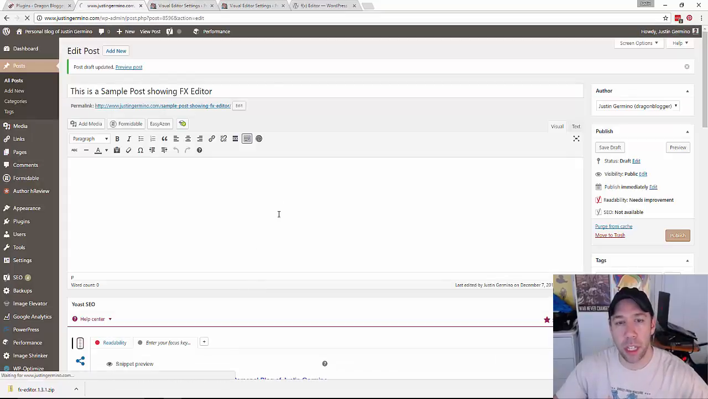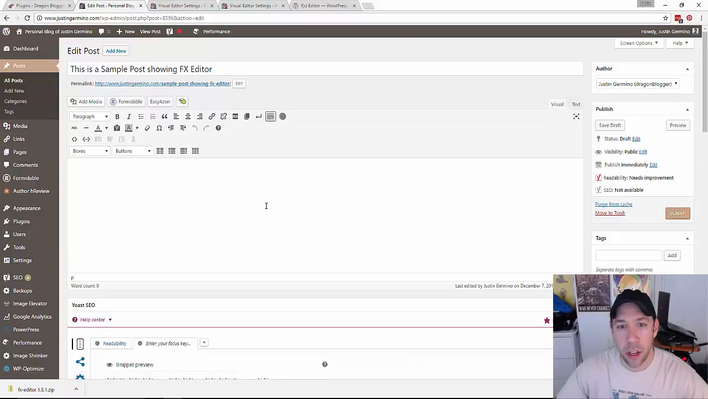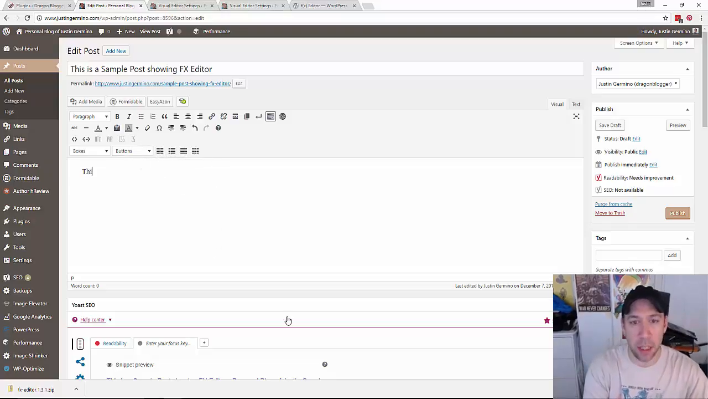Then I'll go up into my sample post here and I'll reload it. And then you'll see the FX Editor plugin adds some new buttons at the bottom of your editor bar. You've got your columns bar, so if I wanted to type something like "this is a test of the WordPress editor,"